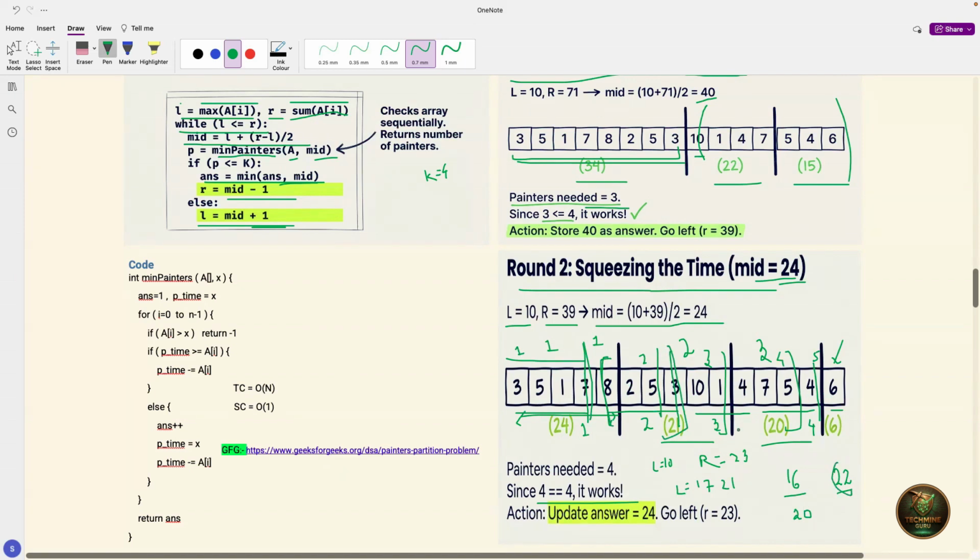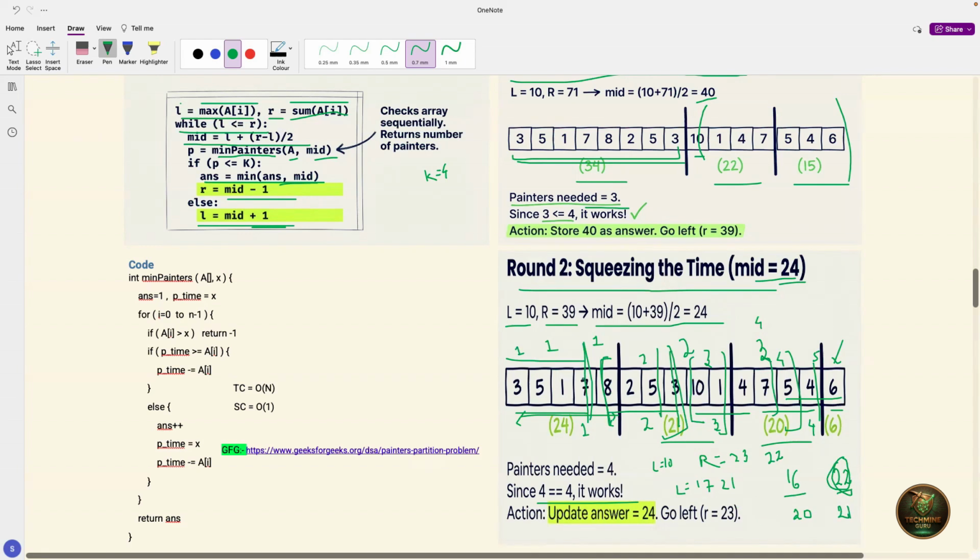Now, since we have 22 units of time, we can include this one also for the third painter, and our fourth painter will take the remaining 15 units. So again, the number of painters needed will be 4 only. Now we will update our answer to 22 and we will move towards the right side so that we can squeeze the time further. Now what will be our R? It will be 22. So again, if we do 21 plus 22 by 2, we will get the result as